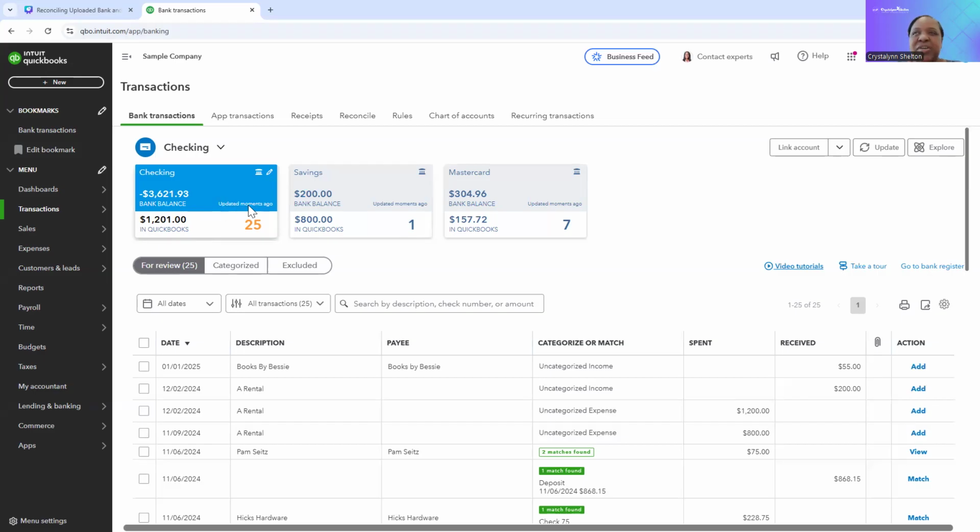And so you'll see a notification about when the last time the account was updated in QuickBooks. That's the account balance per the bank. And then the account balance per what's in QuickBooks will be below that. And so the goal is to get these two to match. And the only way to do that is we've got to actually review all of these transactions that are pending